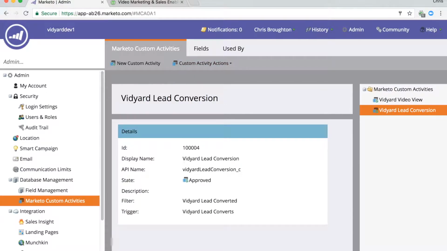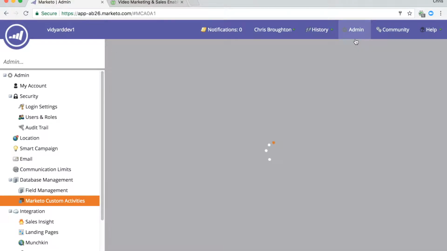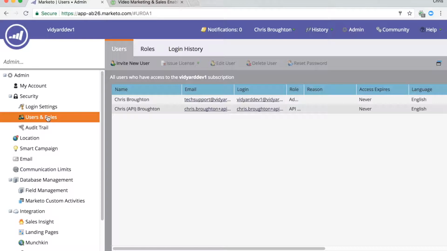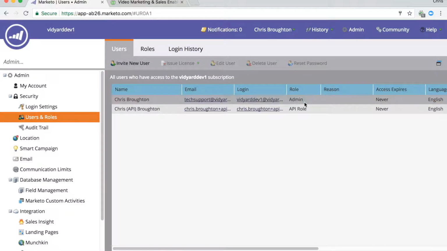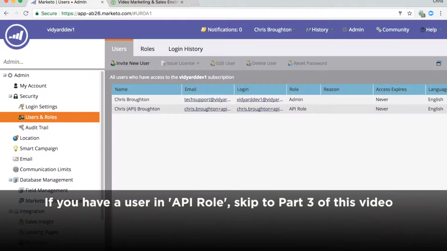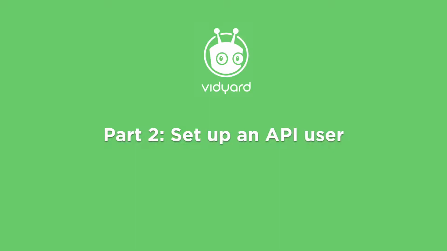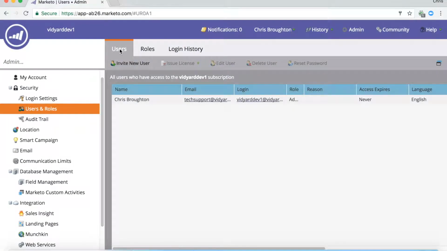At this point, we need to check whether there is an API user setup that can be used for creating the connection. To do so, click Admin and then select Users and Roles from the Security section of the left-sided menu. If you see that you already have a user in the API role, you can skip to part 3 of this video. If you need to set up a new user, ensure that you're in the Users and Roles page